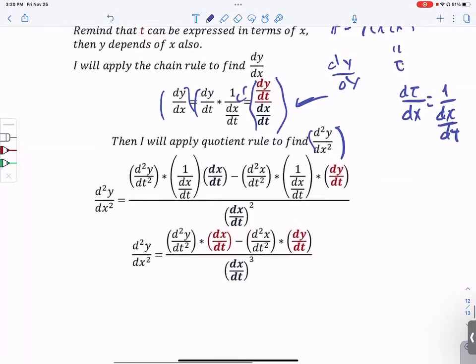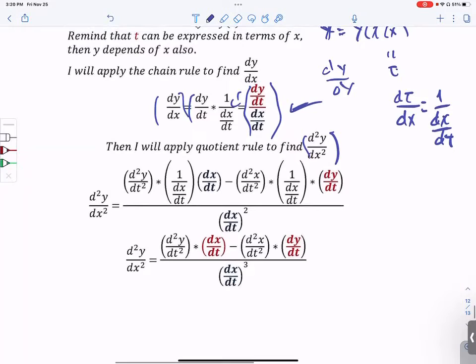Now, the derivative of the top, which is the second derivative of y with respect to t, times the derivative of the inside, which is the derivative of t with respect to x, which gives me this part here, times the bottom without doing anything,